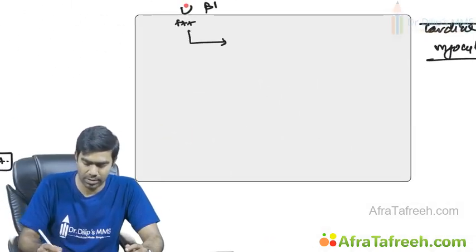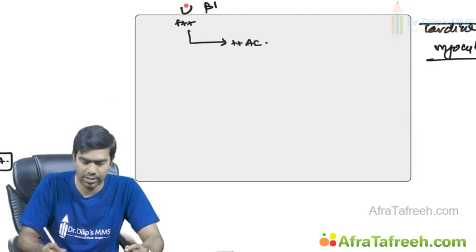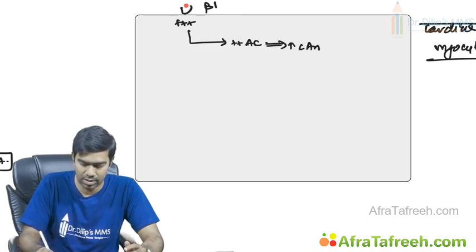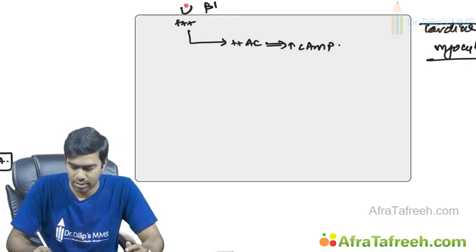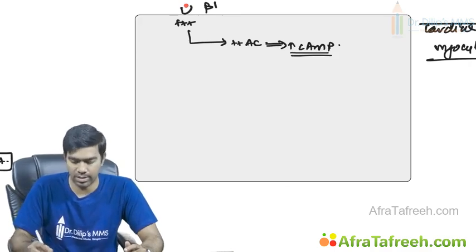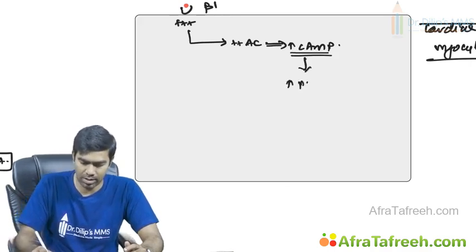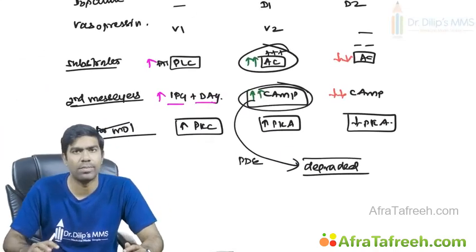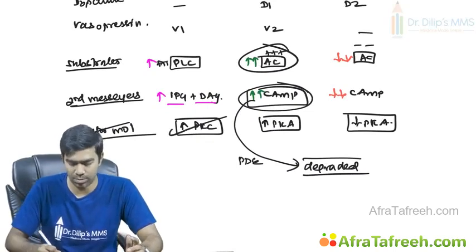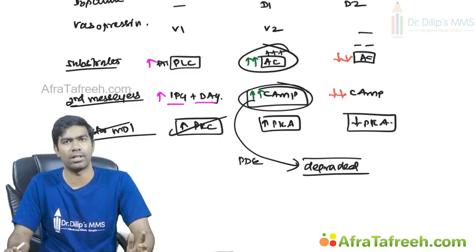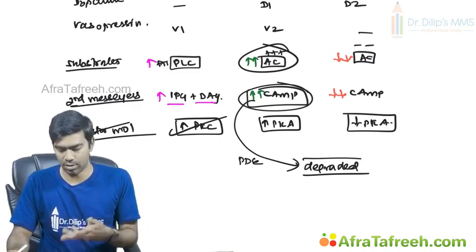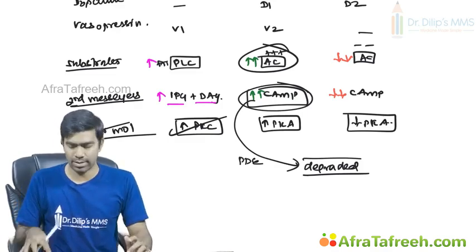So which means they're going to activate the adenylate cyclase. This activation of adenylate cyclase will definitely increase the cyclic AMP levels inside the cell. This cyclic AMP will increase the protein kinase A for sure. That's what we have been discussing. Clear? So phospholipase C, IP3, DAG, protein kinase C, whereas the cyclic AMP mediated, that is Gs or Gq type, it is adenylate cyclase mediated. Usually action will be on the protein kinase A.